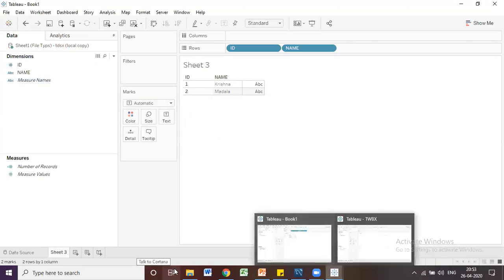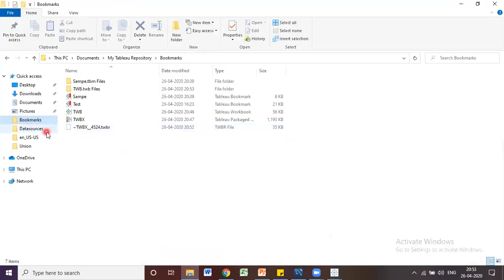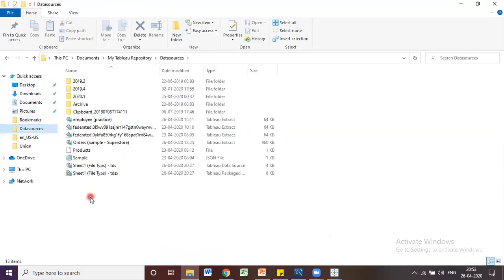Okay, now let's go to this data source file. Data sources, we have to go to data sources. Under data sources we'll have, one second guys, where it is saving. So 960 KB, 26th. Okay, it's almost the 25th.